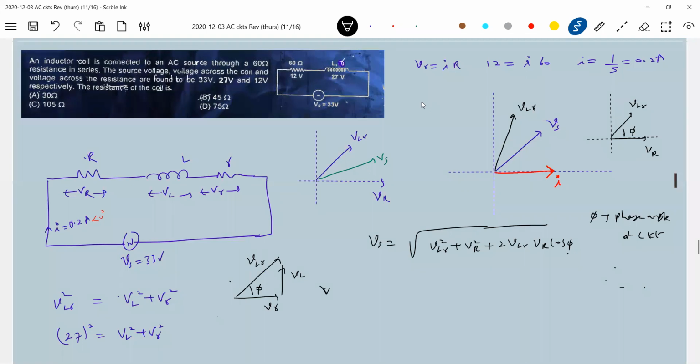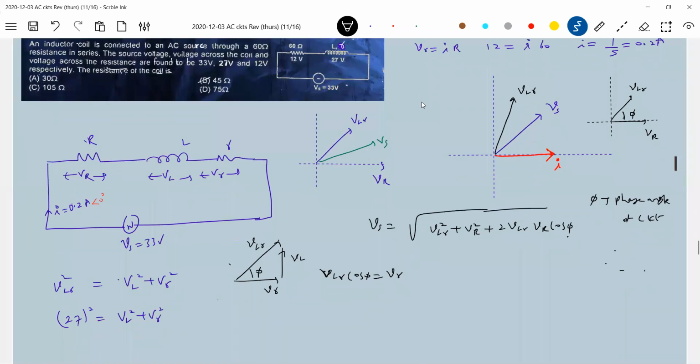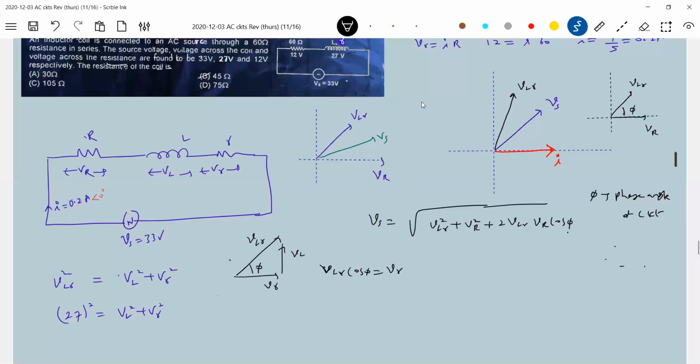Okay, here you are writing VLR. So like this, I'll replace it. VLR, small value r, we know equal to I R. We'll get VR, that value of VR, and we know I. This will be much easier. So small r VR is equal to I into small r. So VR we are getting, cos phi from here we got it. VLR we know it. Current I is also known. So we'll get R.